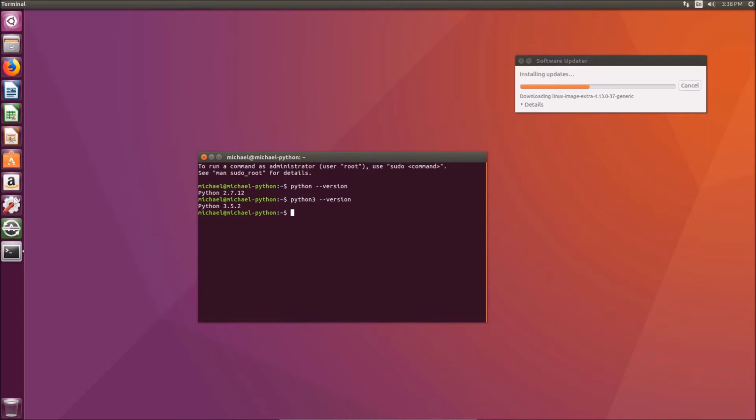Now, if you don't want to have to type python3 and you'd rather just type python and you only want to use Python 3, here's what you do. We're going to remove the Python 2 binary using the following command: sudo rm /usr/bin/python. So this is going to remove Python 2. Stick in my password. Okay, so we've removed that, and now we're going to create a symbolic link